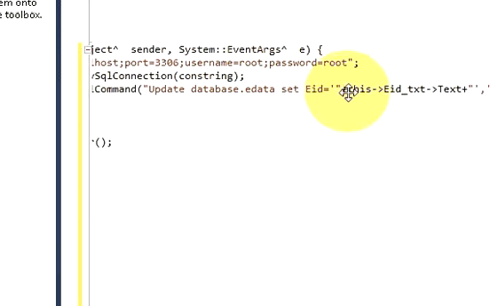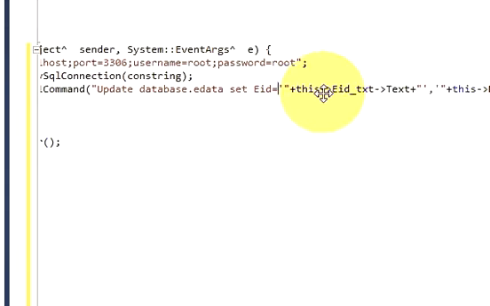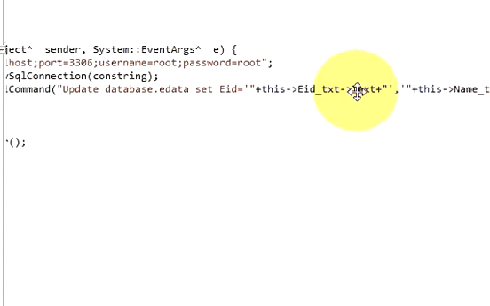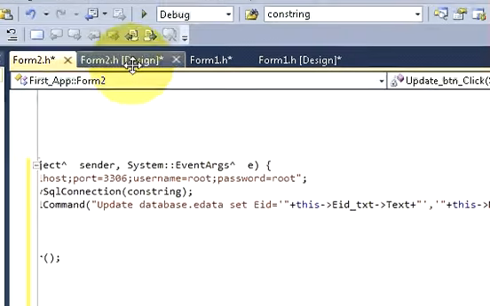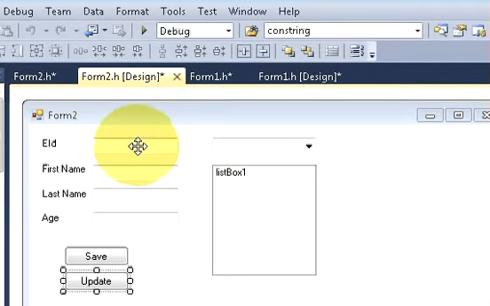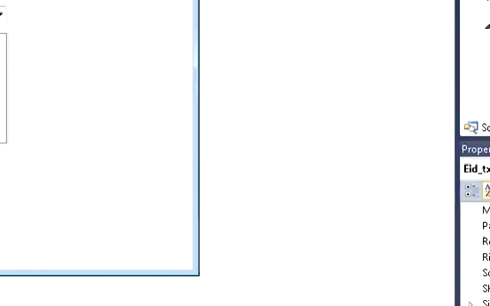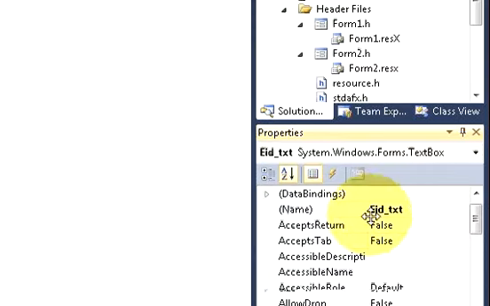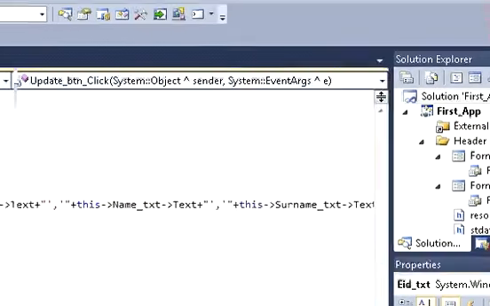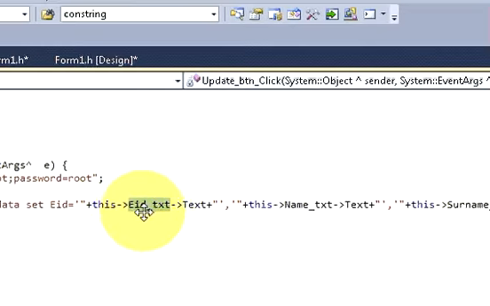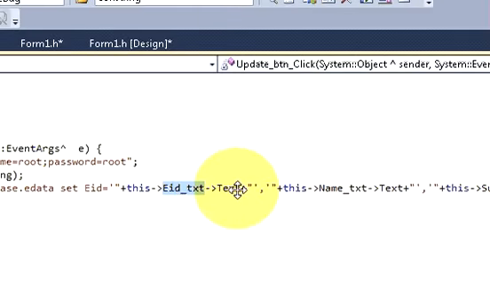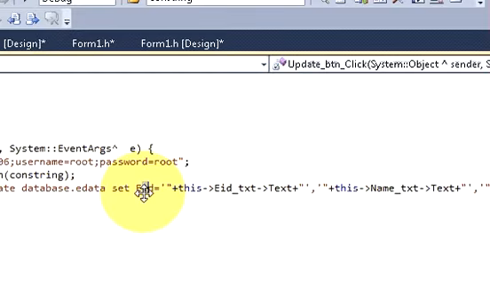Set eid is equal to this, arrow pointer eid text, arrow pointer text. This comes from this text box name, which I will show you, edit text. So we are taking the data from this text box and just passing it in this column variable. Okay,